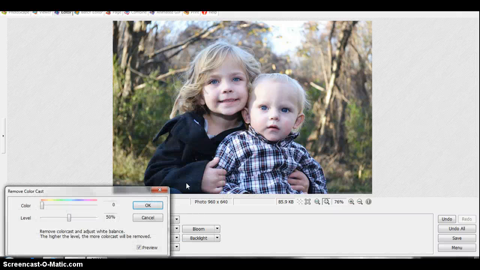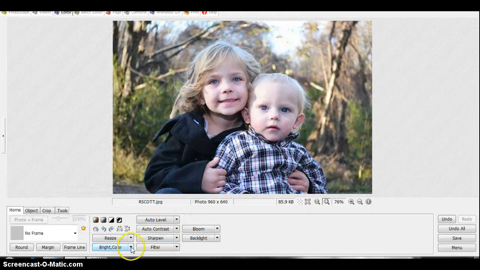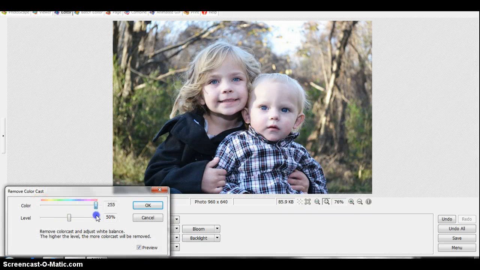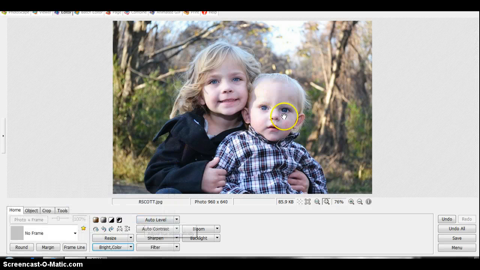Then there's also the remove color cast. I haven't really played with this at all, but let's see. Oh, so this can actually, see how well this goes. So that's the original color. Yeah, see, there's just not a lot of color cast. There's a little bit, but you want the pink in the cheeks and stuff because you're outside. So anyway, then